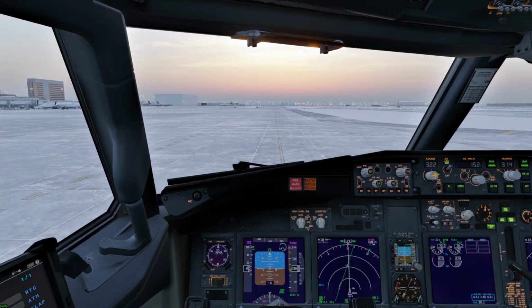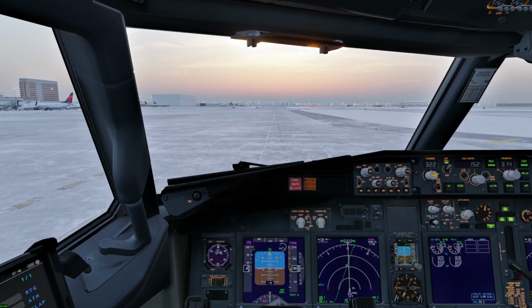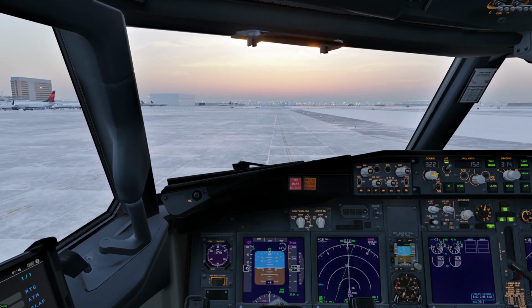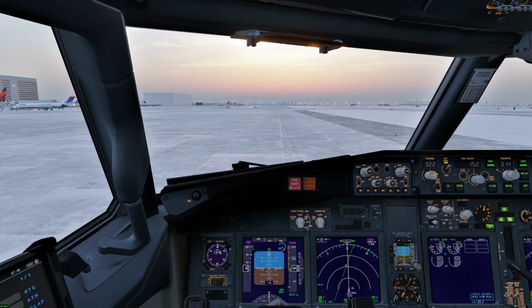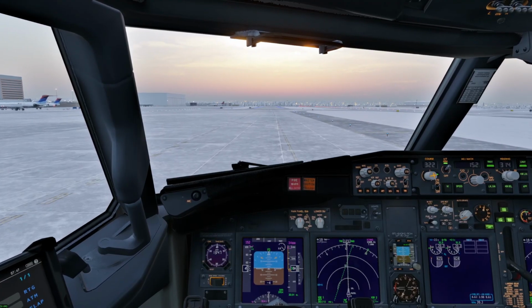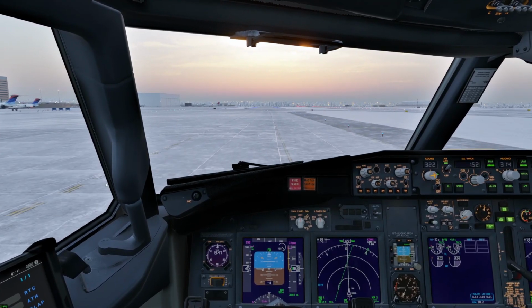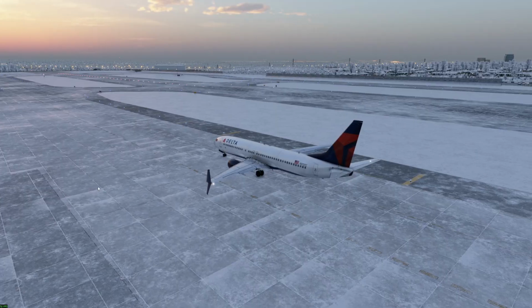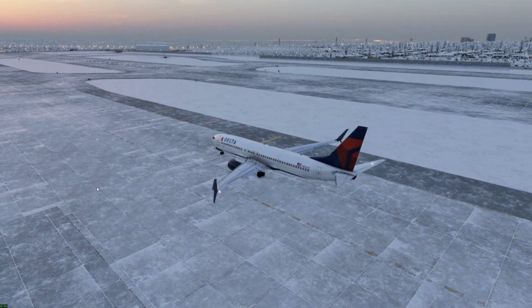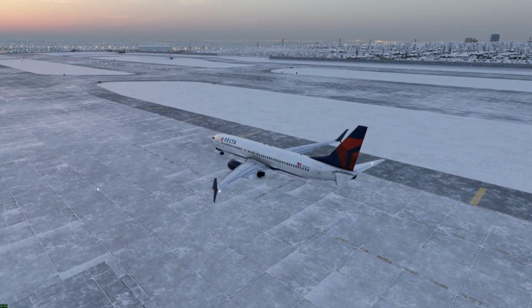Today we're taking a quick look at a free plugin called Snow for X-Plane 12. As you can see here, we're making our way to the runway, sitting at Minneapolis International Airport. We just had a snowstorm come through the region about 5-6 days ago, and you can see the residual snow is still on the ground, over here in the grass, on the taxiway,